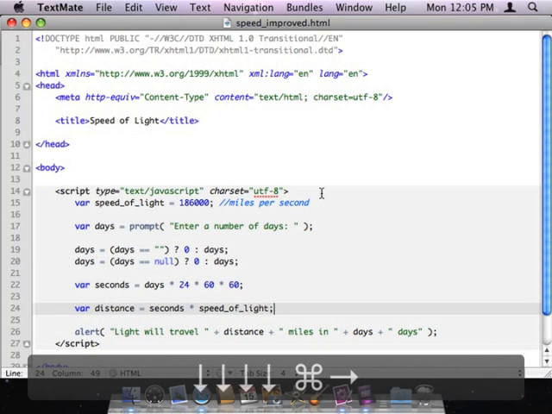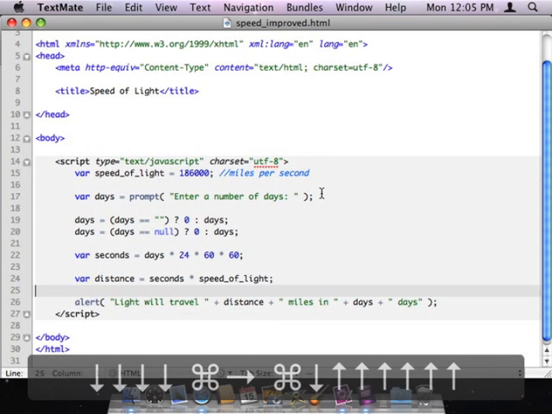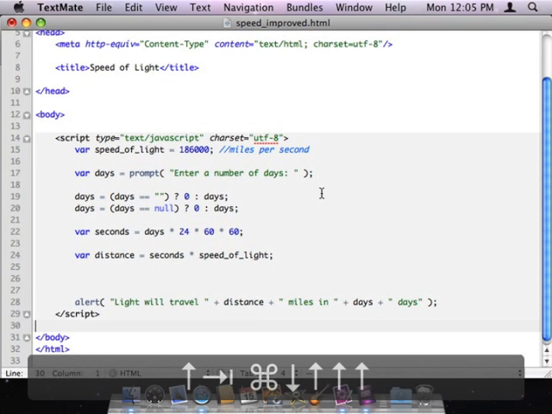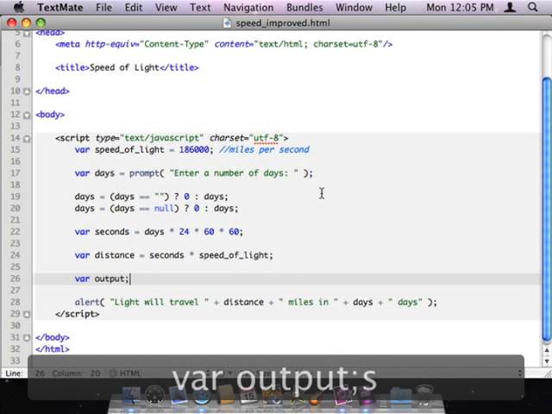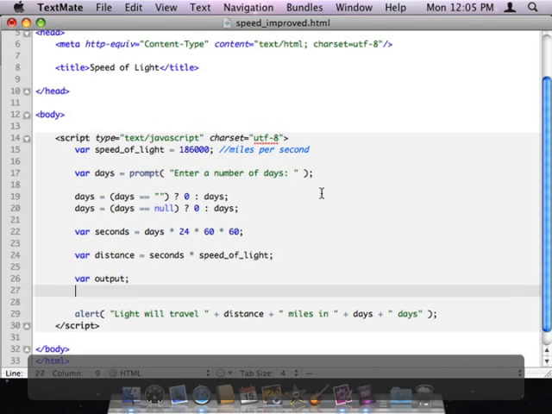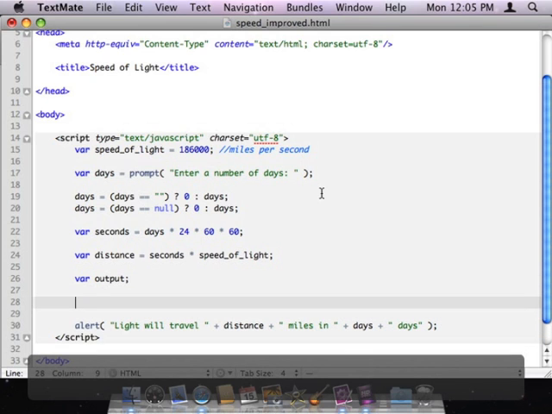So what I'm going to do for this then is I'm going to declare a new variable down here towards the bottom of my script before I do the alert. I'm going to call it output. And what I'm going to do then is I'm going to again put together a conditional statement, and this conditional statement is going to help us decide what the value of output is going to be. So basically what I'm going to say is if the value of the days variable is equal to 0,